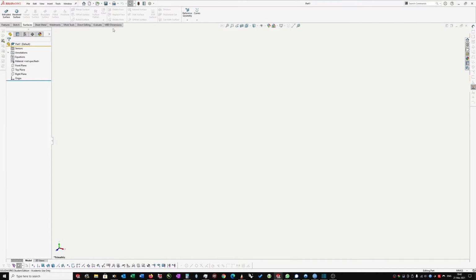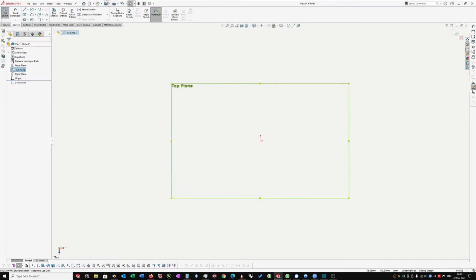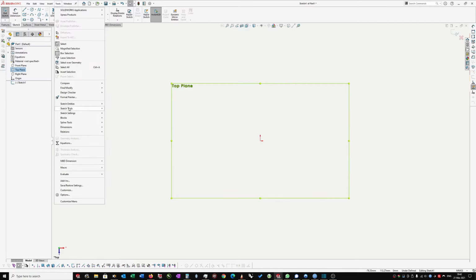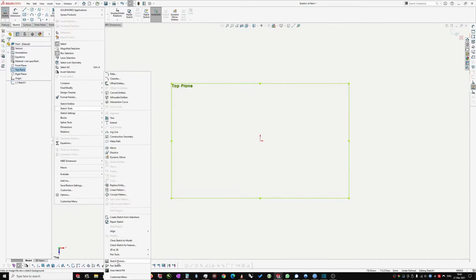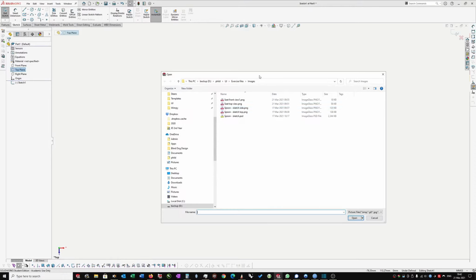Right, I'm in a new part file and I'm going to start with the top plane and create a sketch. If I go to the tools bar and go down to sketch tools, right near the very bottom you can see a command called sketch picture. This will take you to whatever your last entered file location is, and mine in this case is where I store my images for you guys. We could also do it in the search commands bar, but I'll show that to you for the next view. So I'm going to go to my seat top view,